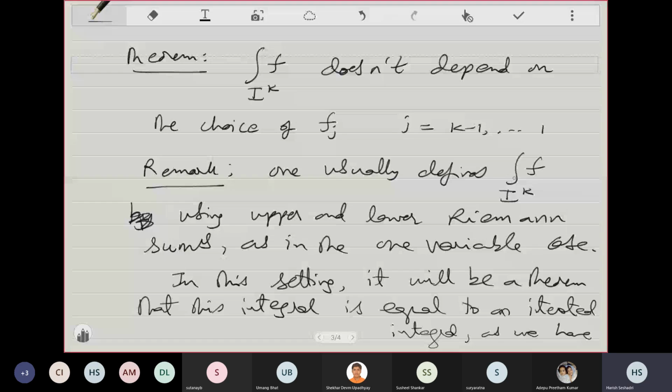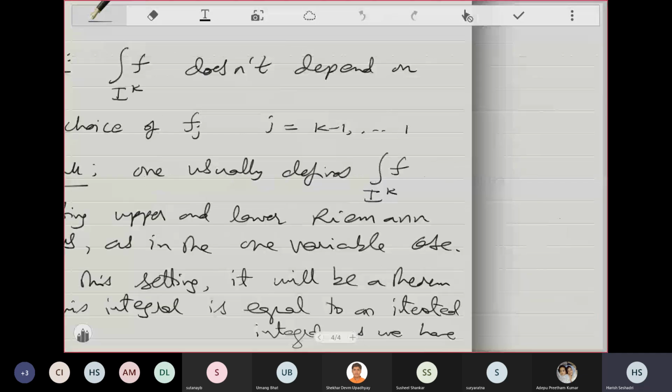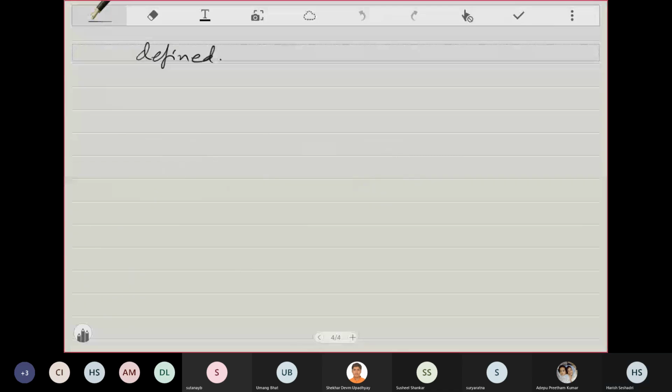Anyway, there is something to be said there, but the point is that if you go the Riemann sum approach, you definitely are left with the task of showing that this integral is equal to an iterated integral. That much is for sure. For us, we have defined it as an iterated integral, but there's no unique iterated integral. It depends on which variable you integrate out first and so on. So we have to see that the theorem is that